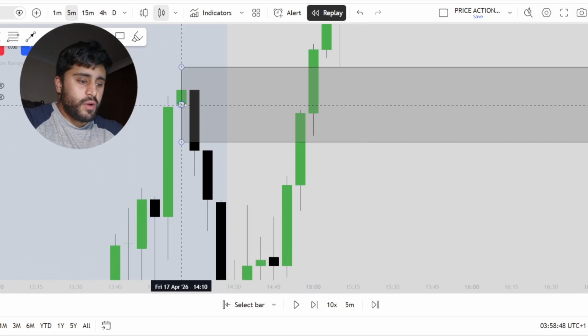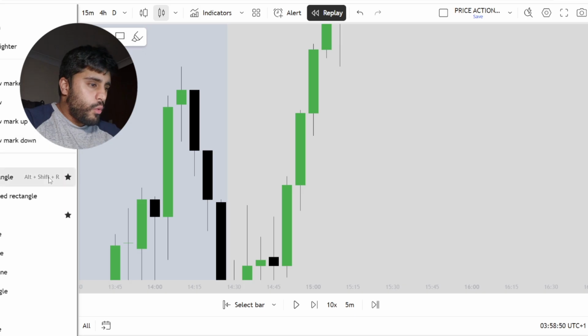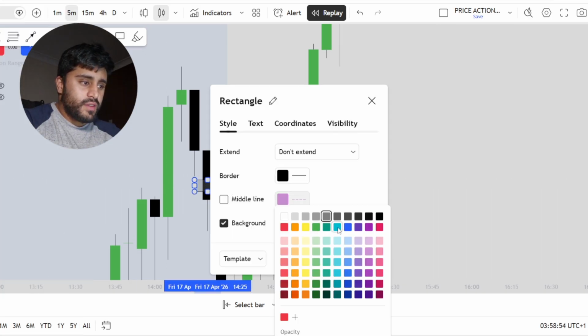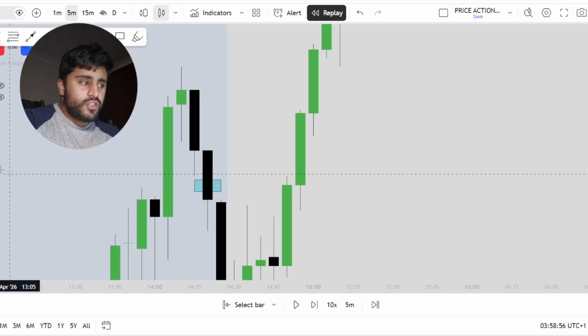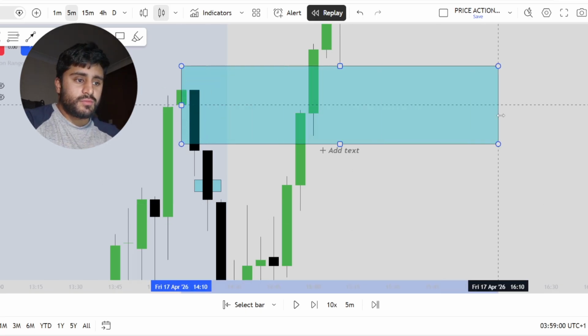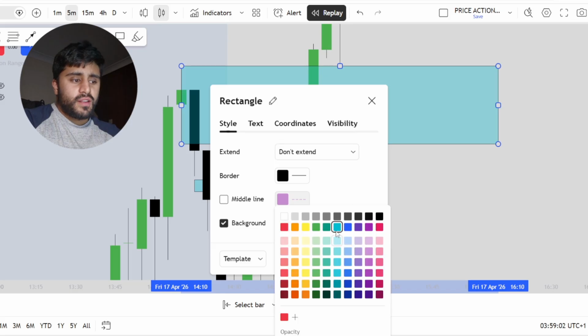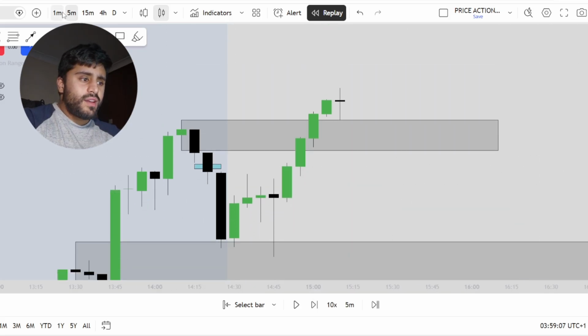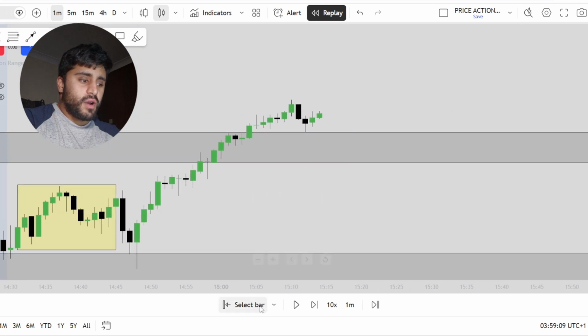If we just start off by getting rid of this, what we saw was this was the price imbalance, right? There was the price imbalance right there. What I do is I choose the candle before the price imbalance. So I will choose this as my level. My levels are typically in gray, just so they remain different to the price imbalance. And so when price comes into my